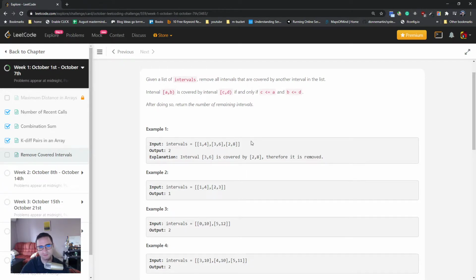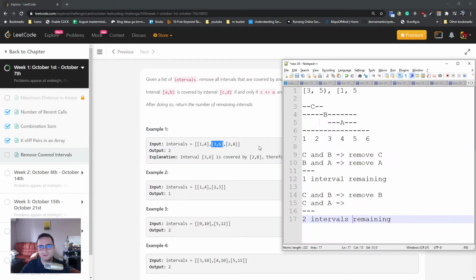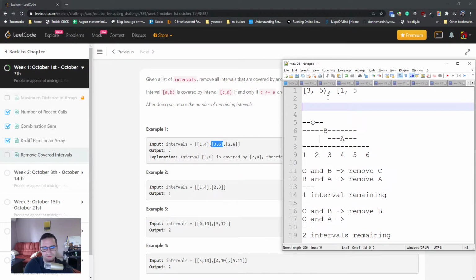Here it doesn't matter if we remove 3, 6 or... Oh wait, it does matter if we remove 3, 6 or 2, 8. But wait, 1, 4 is already covered by 3, 6? Oh no, it's not covered because they're exclusive. So 1, 4 and 3, 6 are actually not covering each other,